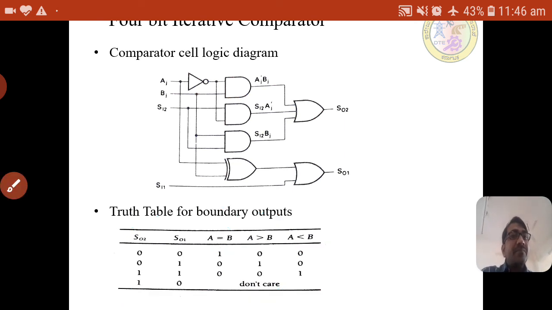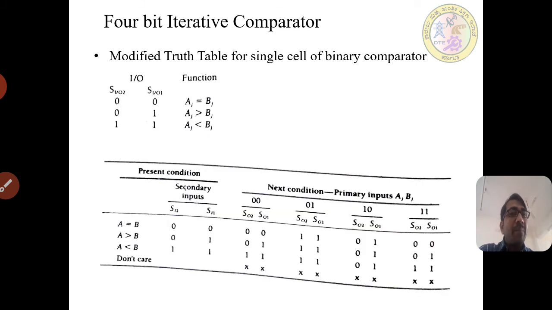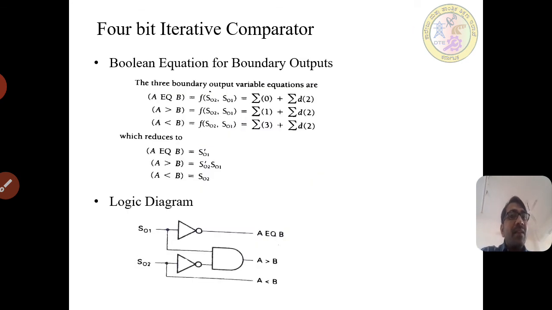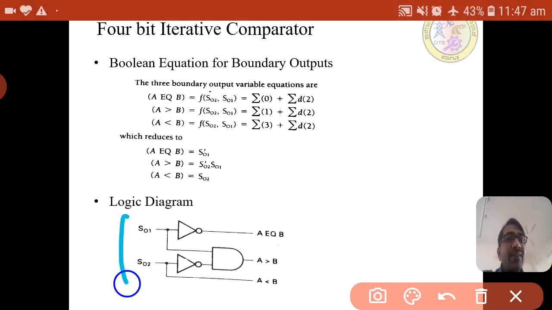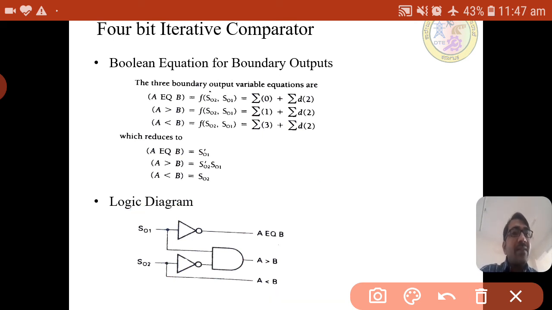So after seeing the comparator, this is a 4-bit comparator. We have the 1-bit comparator cell truth table, the equations, and the circuit, and this is the decode logic circuit with its truth table. The circuit for each comparator cell will be the same for all 4 bit cells, and this is the decoder circuit for the decode logic. So now we have the circuits for all the blocks.